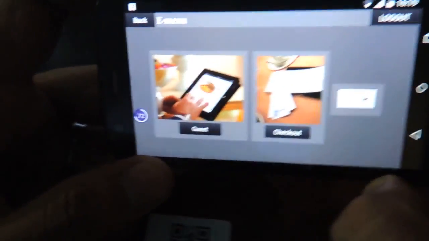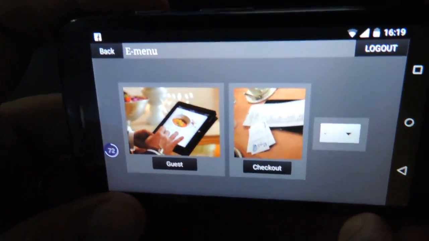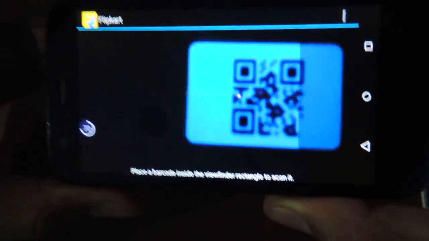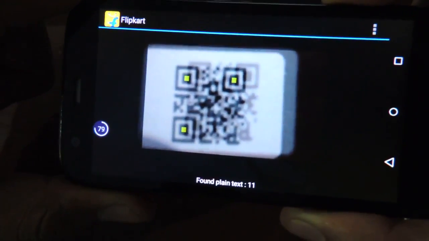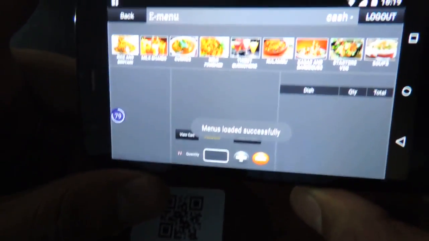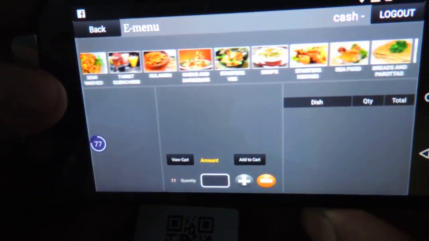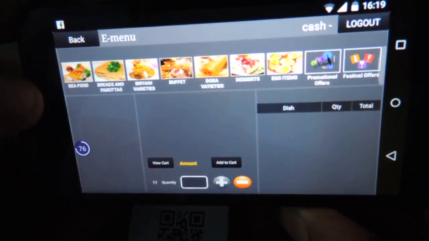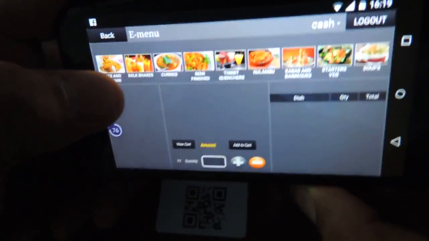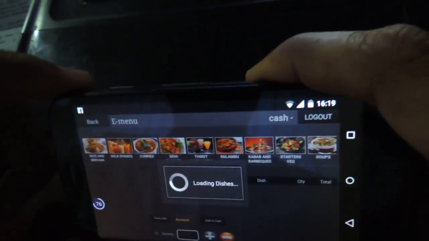As the customer comes in and downloads the application on his mobile phone, he scans the barcode on the table to determine the table number. Once the table number is determined, this application will load all the menus in a categorized format. As you can see, these are the categories. And the customer will browse through the categories and find